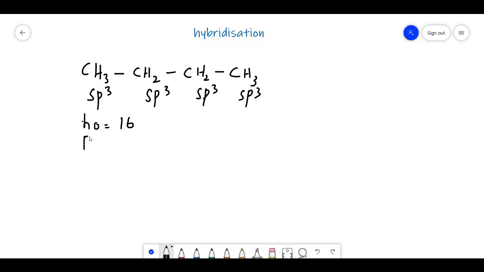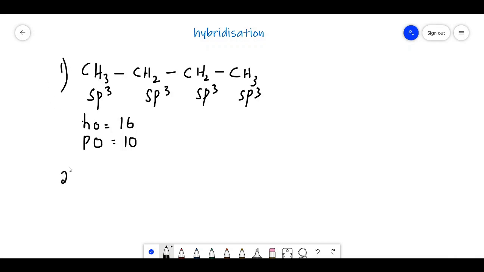When calculating pure orbitals, what you have to do is count the number of hydrogens. Here the number of hydrogens is 3, 4, 5, 6, 7, 8, 9, 10. So the number of hydrogens is 10. So here pure orbitals are 10. And if any pi bond is there, multiply the pi bond by 2. If one pi bond is there, in the pure orbitals you add that pi bond as 2. If 2 pi bonds are there, then make it 2 into 2, nothing but you have to add 4. So take one example. This one is only with sp3 hybridization.